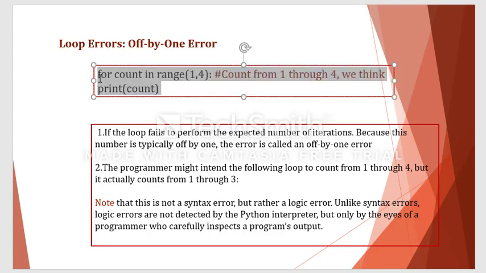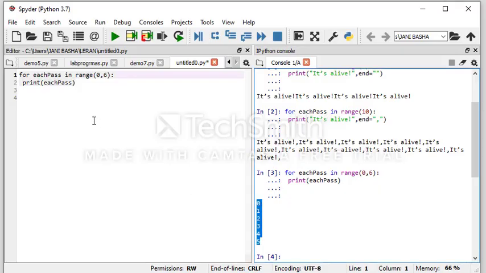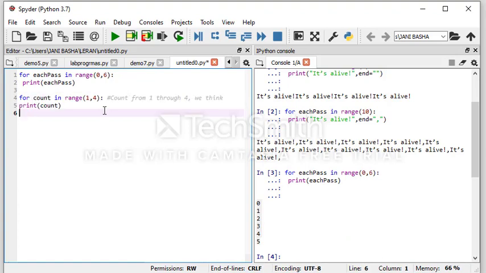If you want to check again, I just copy this. I already showed you with some example, but still we'll try to execute this example also. So, for loop, write the statement with some gap. Now, for count in range 1, 4. So generally what we think is 1 to 4.